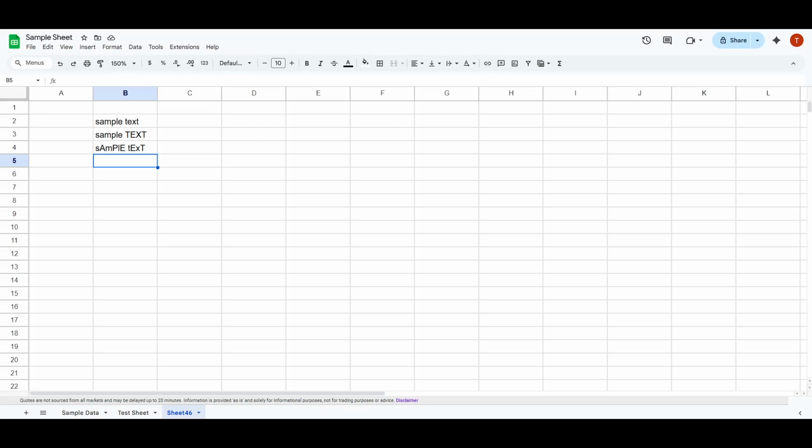In today's video, I'm going to teach you how to capitalize all letters in Google Sheets. This can be particularly useful if you're dealing with a list of names or titles and you want everything to look uniform and neatly organized. We'll be using the upper function in Google Sheets, which is a straightforward tool for converting any text into uppercase